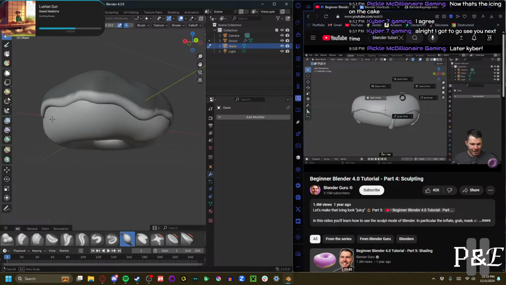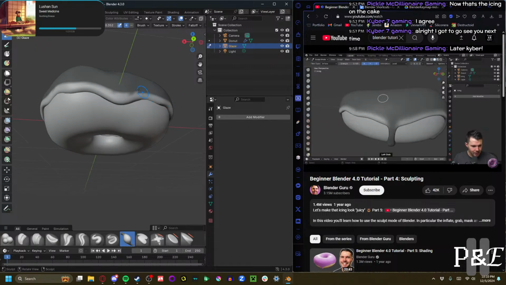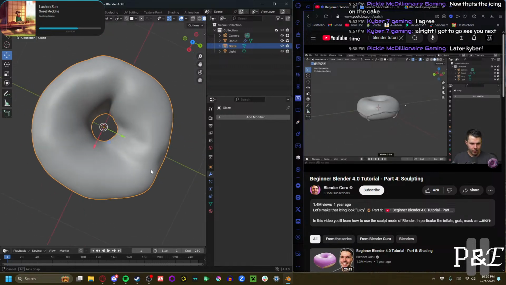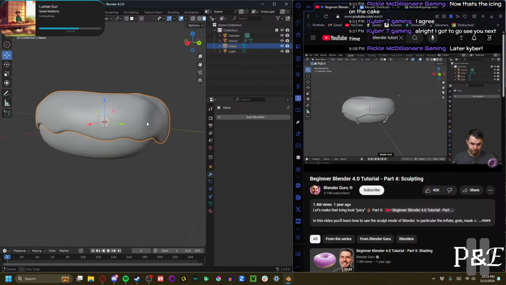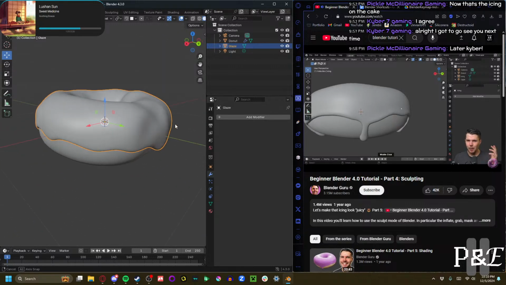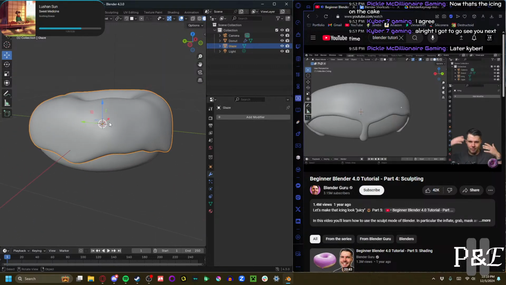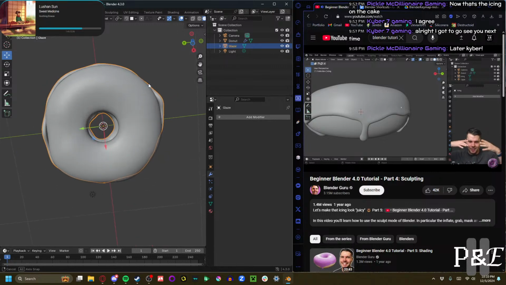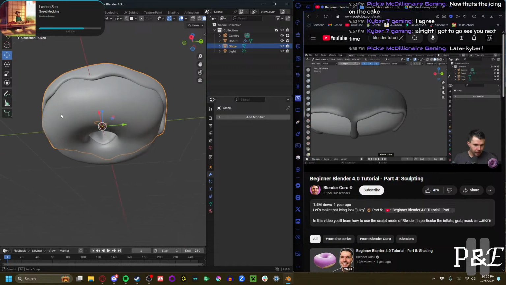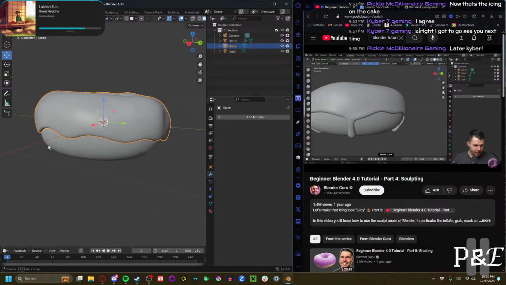That's pretty good. I might actually go just a little bit more, just exaggerate it slightly more. There we go. Great. That's roughly it. Now, there's a little bit of artifacting there because the way the mask works is it's kind of that feathering thing. It's not very exact, and it's kind of got some values in between it. So we can smooth that out in sculpt mode by first of all just clearing the mask and then using